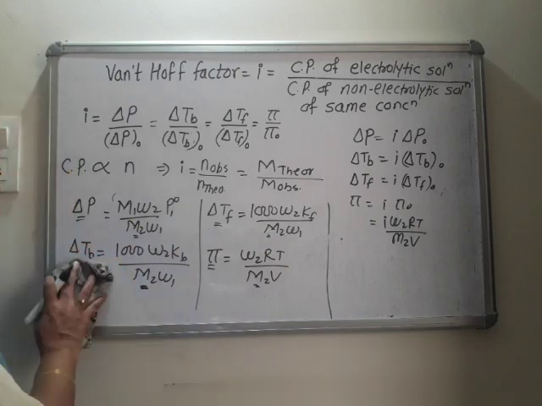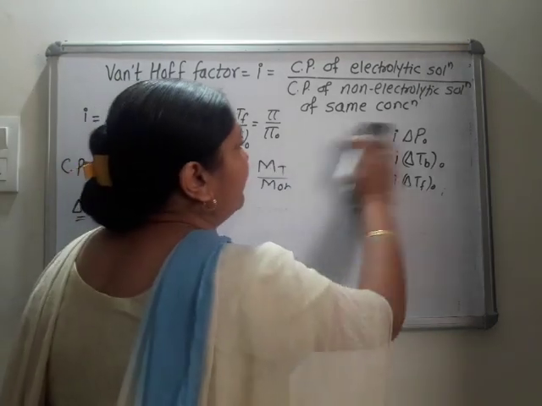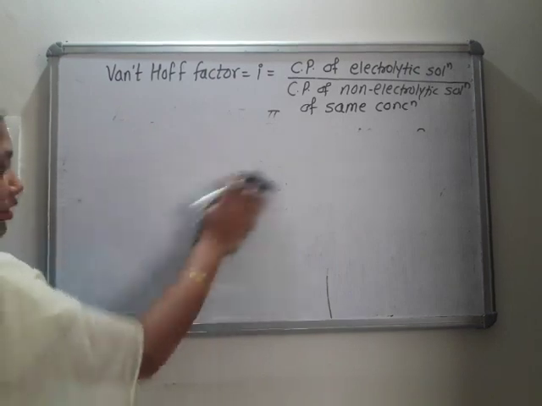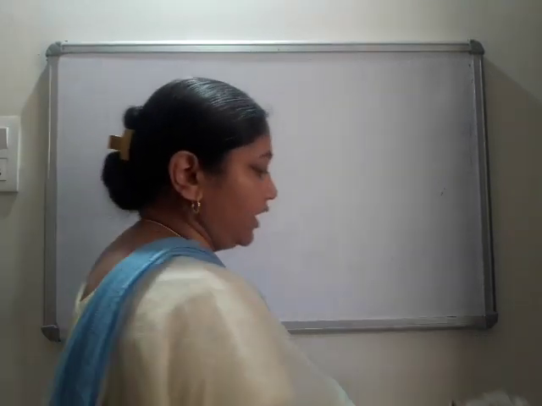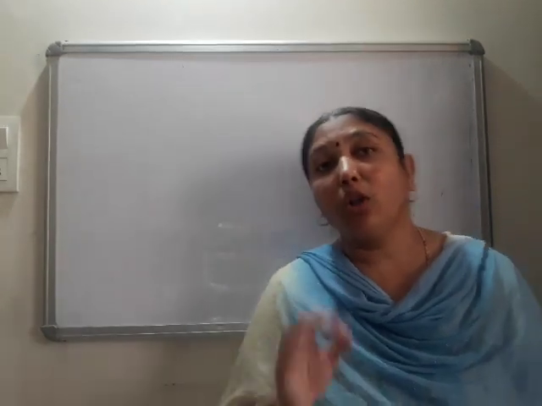Now what if the substance added doesn't dissociate completely? Listen to me carefully. So here we have discussed all strong electrolytes. Now what if the electrolyte used is a weak electrolyte? Suppose we have taken acetic acid, and acetic acid is dissolved in water. We all know acetic acid is not completely dissociated in water.